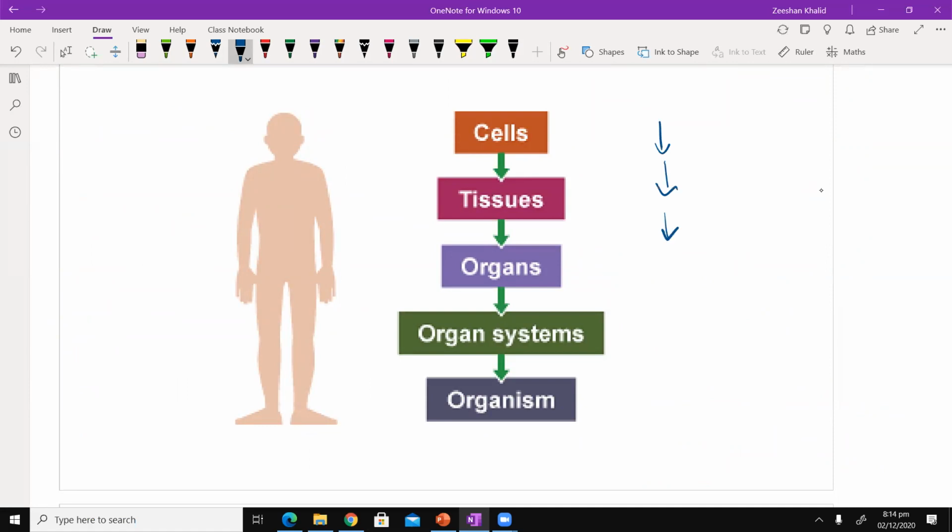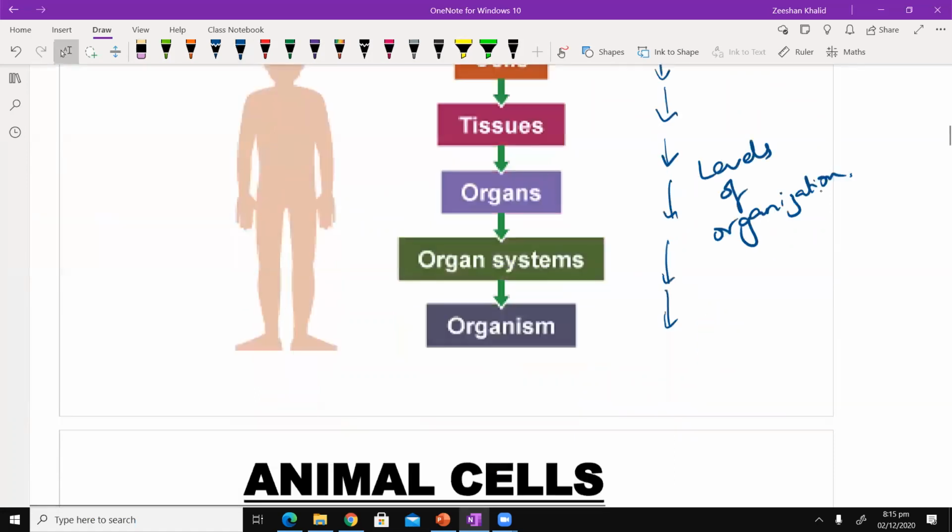So we will talk about cells and then proceed onto the tissues, then the organs, then the organ system, and then the organism. The reason I'm mentioning this here, despite the fact that this is the last portion of unit 1 that we will be doing, is that you call this idea the levels of organization. This is important because in virtually every topic that we will be doing, let it be transport in humans or transport in plants, we will be talking about cells, tissues, organs, and organ system related to that particular topic. Okay, so this is important.